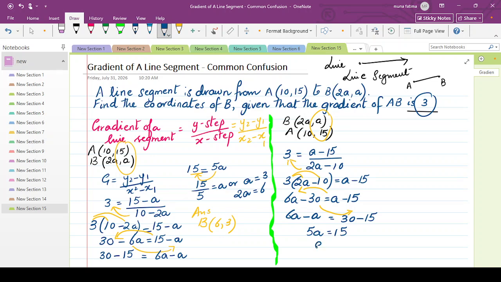Alright, so a becomes 15 over 5, or a is equal to 3. Consequently, 2a is equal to 6, and we end up with the same answer. So I think we can give ourselves a nice